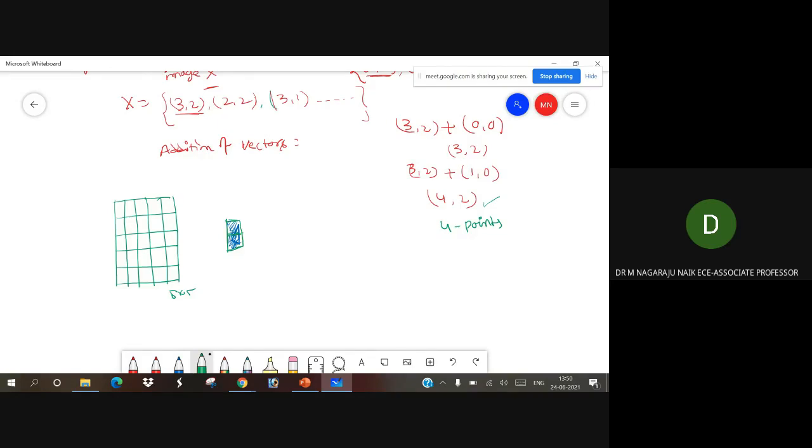Now here the values are 0, 0, 0, 1, 1, 1, 1, 1, 0, 0, 0, 0, 1. Where the 1 is present, that is objective information, and where the 0 is present, it is background information. So 1 is nothing but objective. So 0 is nothing but background.